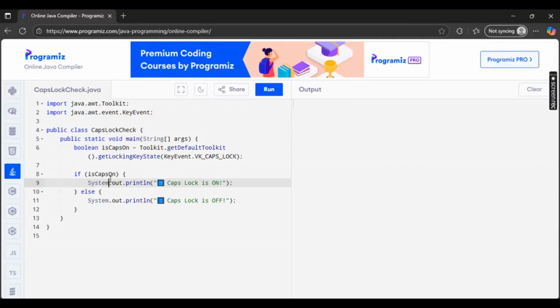Want to know how to check if caps lock is on using Java? So you can also check if caps lock is on or off in Java. I'm just going to use a simple compiler for it in this video. Unfortunately, you might require an actual GUI application to check it, but I'm just going to show you an